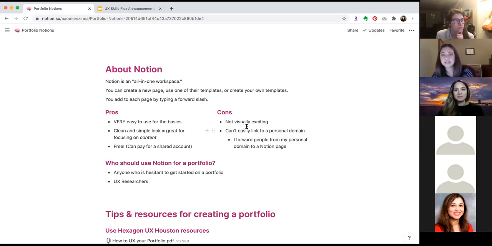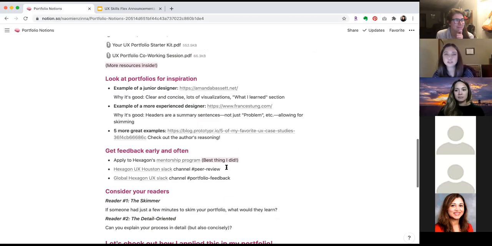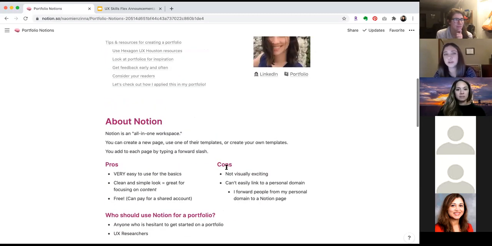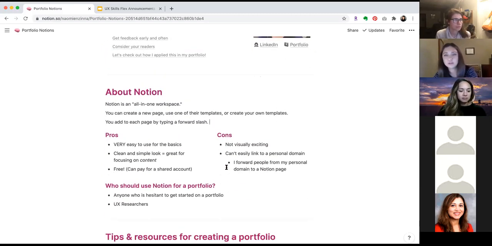Cons, like I said, it's not visually exciting. It's very simple looking. You have very few options. I'll show you what those options are, but that's also the beauty of it. I think my personal biggest con for Notion is that you can't easily link it to your personal domain. So you can see up here this very long address. That's what all of the addresses are, and you can't pay for an upgraded, nicer looking,